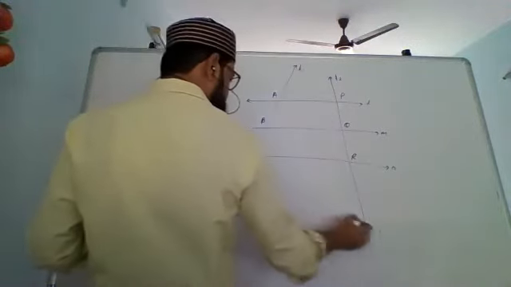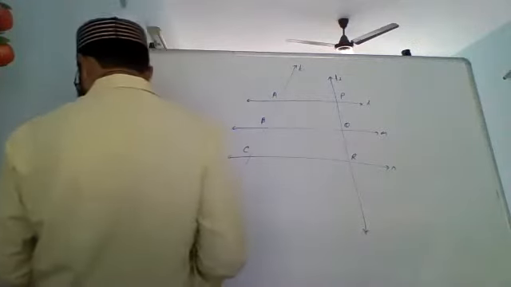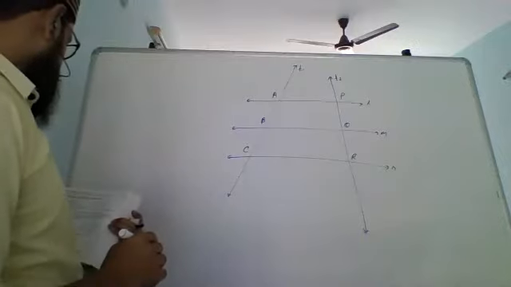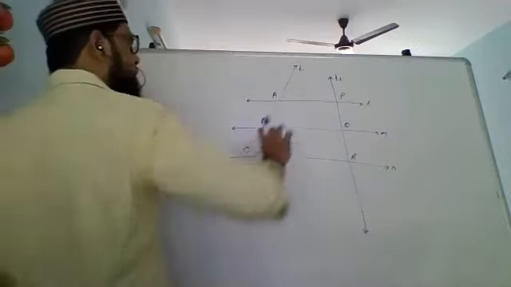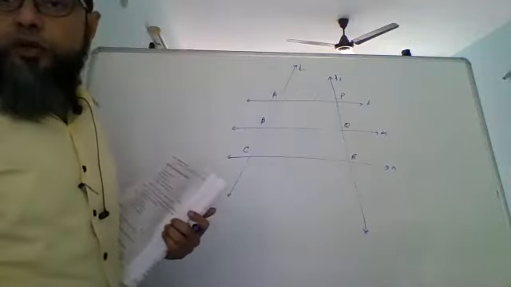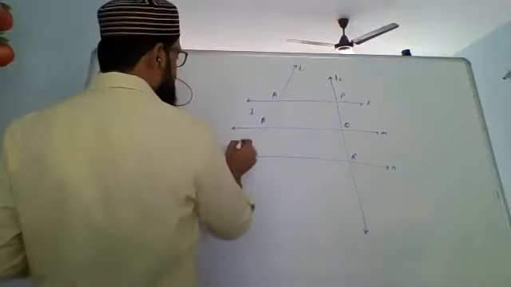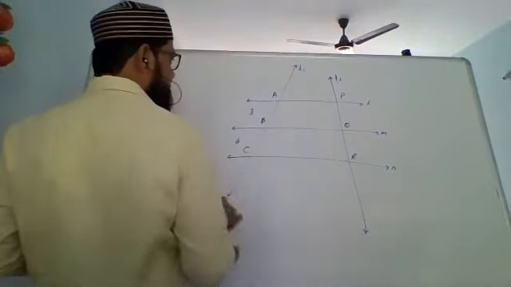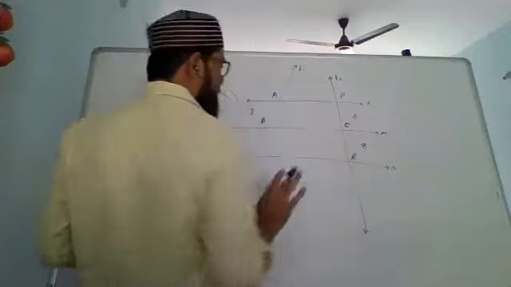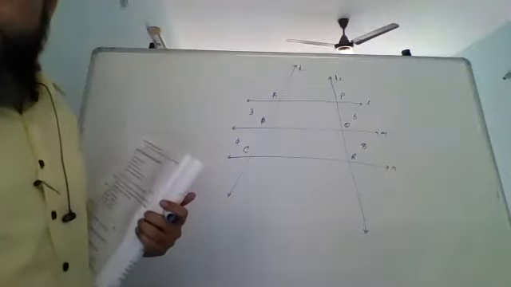Now what we are saying is, whatever is the ratio AB upon BC, the ratio will be the same. Supposing if this is 3 centimeters and this is 4 centimeters, this might be 6 and 8. The ratio will come as 3 upon 4. The ratio will be the same. That is what is important. That is what it says.